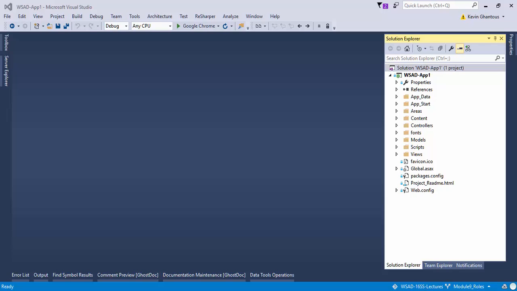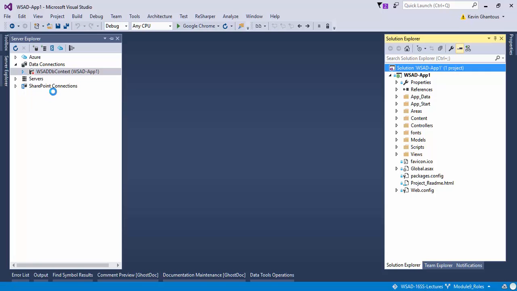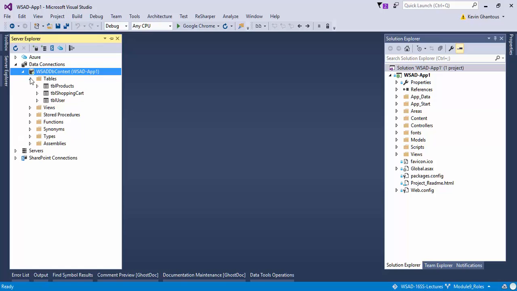This week's module, we're going to look at adding roles to our ASP.NET MVC application. To do that, we're going to start by enhancing our database. We'll add some additional tables to our database to enable us to have roles and give users specific roles. So we'll right-click on Tables, Add New Table,